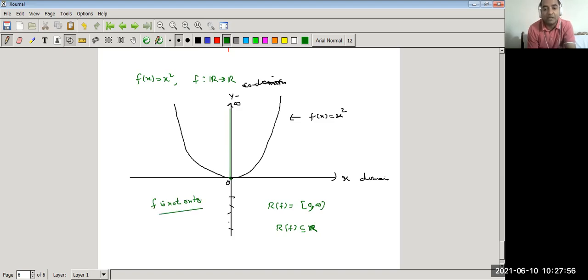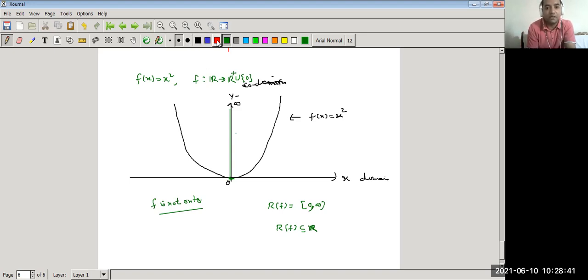Yes, when does this function become onto? Now this is again a question to all of you. When does this function become onto if we consider the codomain as R plus union 0, the set of all non-negative real numbers? In that case this is the codomain, and codomain is equal to range. In this case the function becomes onto. So we can make the function onto by reducing the codomain. First it must be a function, then we talk about whether it is onto or 1-1.